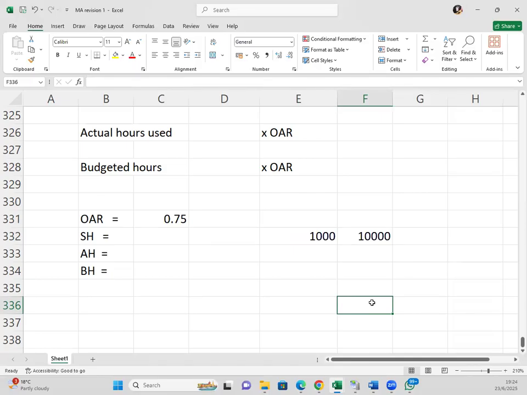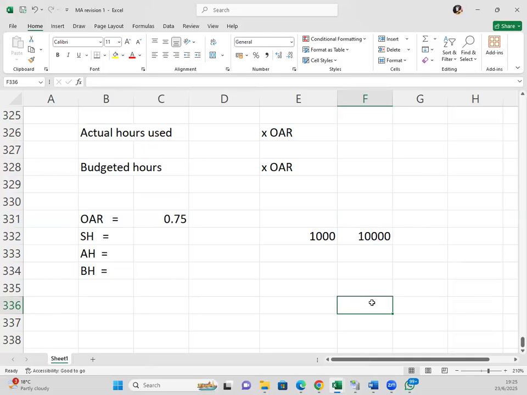Let's work together. You are planning to use 10,000 hours to produce 1,000 units. What is your plan per unit? Oh, come on, guys, don't make this look difficult. How much is your plan per hour? Even if you use proportion, it can help. It's 10. So it means your plan is 10 hours per unit.